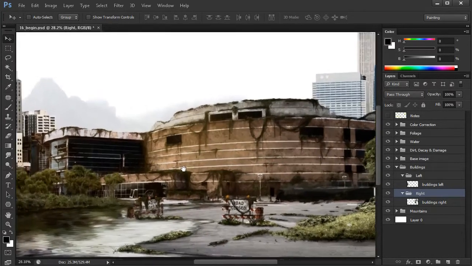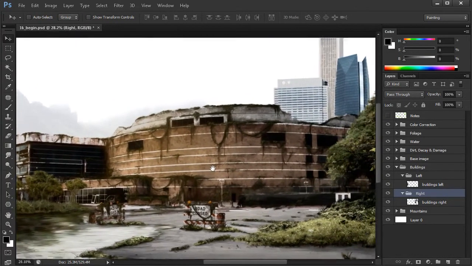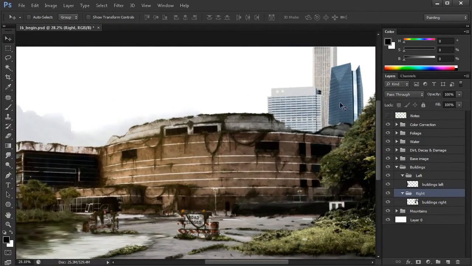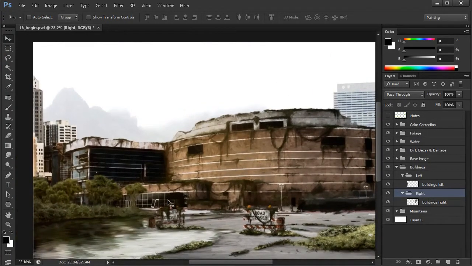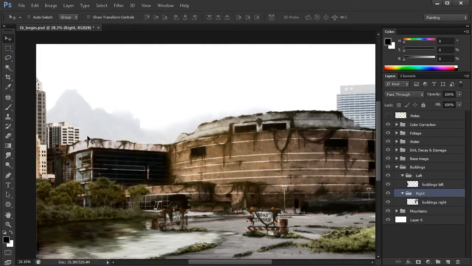So let's zoom in and look at these buildings, and in their current state, they're really competing for attention in this image. We've got this really surreal scene going, but then we've got these really bold buildings in the background that really pop. Now, what I'd like to do in these last few lessons is push them further into the background, as well as, to cap this course off, add some dramatic lighting and maybe some atmospheric elements into the scene. So with that said, what we need to do first is, again, think about our light